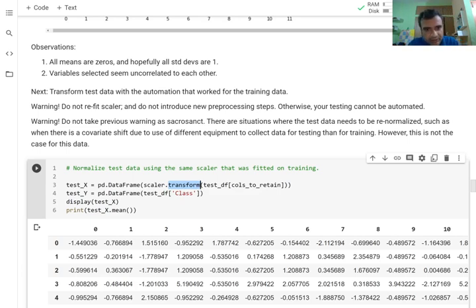So this is important. You cannot assume that you will be re-estimating mean and variance every time the test data comes. But in some cases, you actually might want to do that when, let's say, your data is being collected using a different equipment that has its own mean and variance. So you have to be careful about which transformation you apply. Whether you use the same mean and variances that you computed for the training data, most likely that will be the case. Or you want the model to be robust to changes in the way the test data is collected, then you will re-estimate the means and the variances, or the min and the max if you're using min-max scalar.